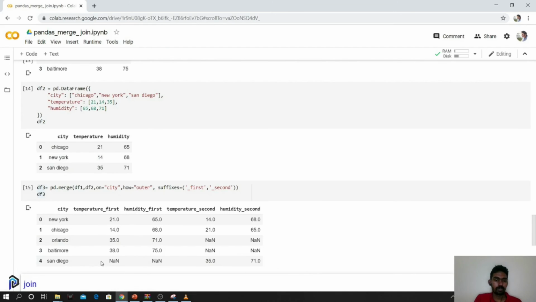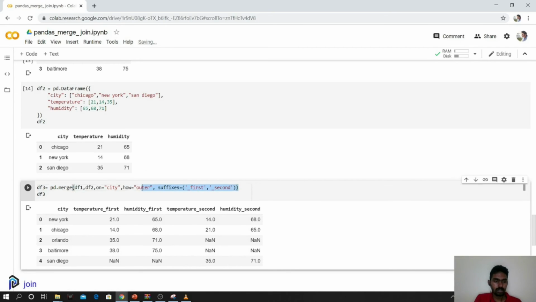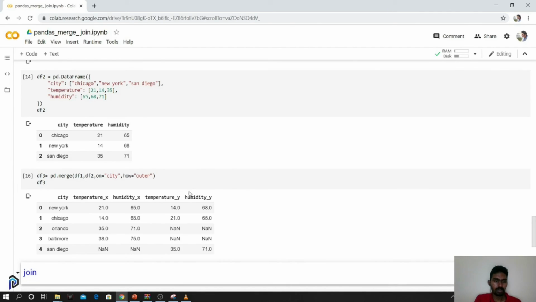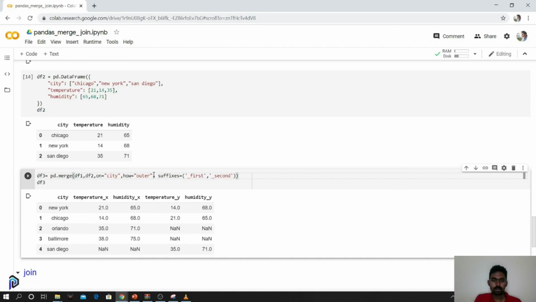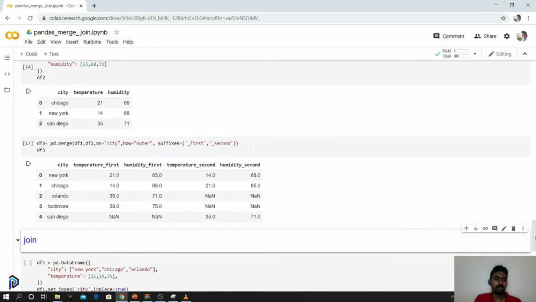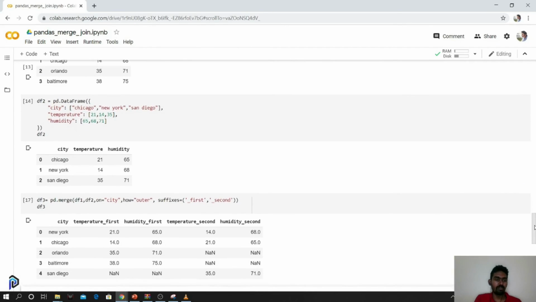Let's see the output. So this is the output that we got. Okay. So we're getting these values are from the second data frame. These values are from the first data frame. So if you don't give the suffix over here, the output would look like underscore x and underscore y. I'll just show you. Underscore x and underscore y. But having a suffix helps us to understand better. Okay. Yeah, I hope this is clear. Yeah. This finally brings us to, so far we have looked into merge.